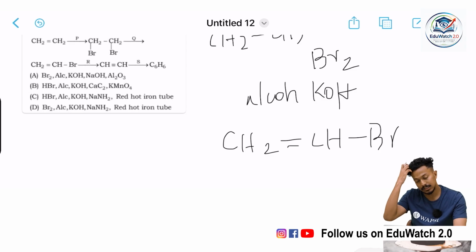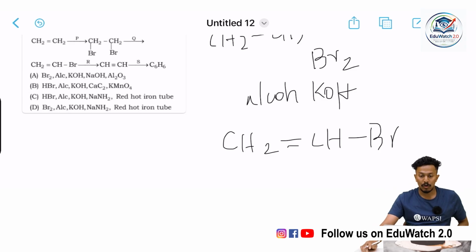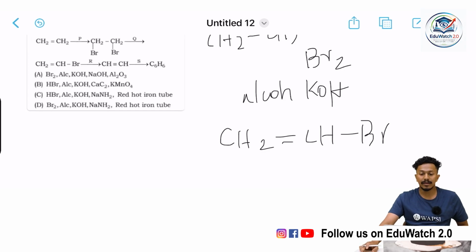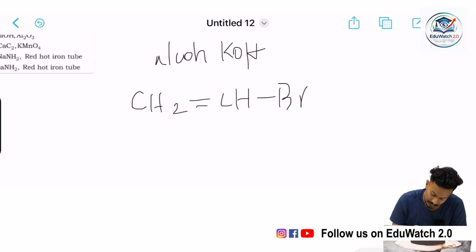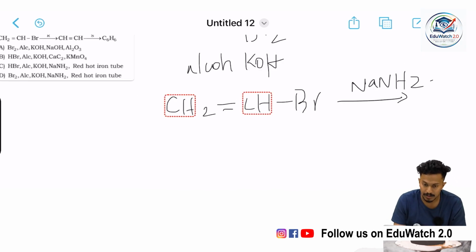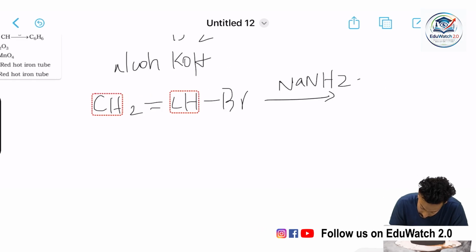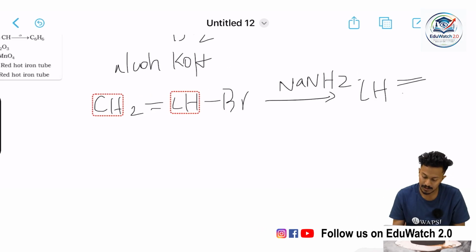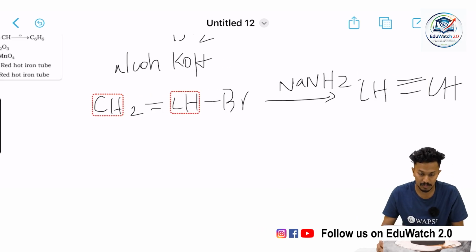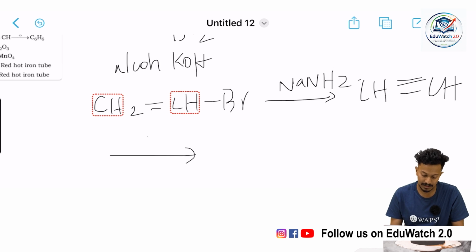So we can use alcoholic KOH and reduce to an alkene group. It is then treated with NaNH2 to give an alkyne, which is CH triple bond CH, which upon treating with a red hot iron tube,